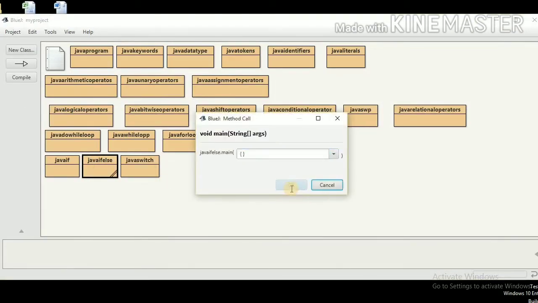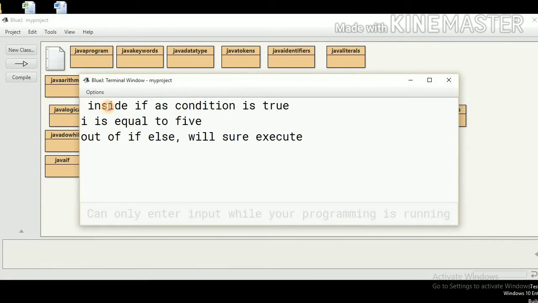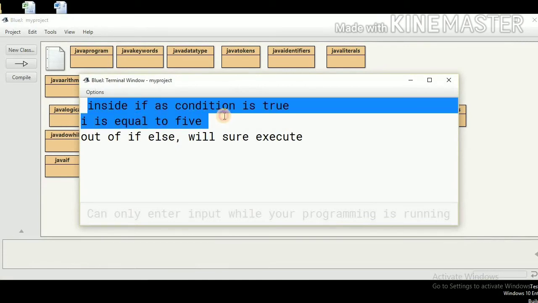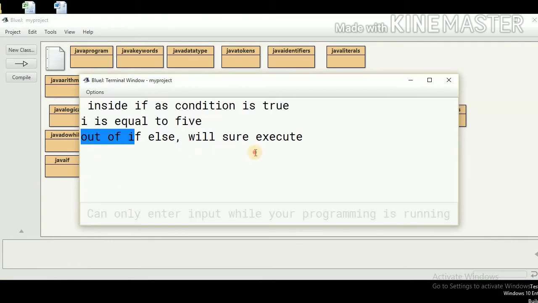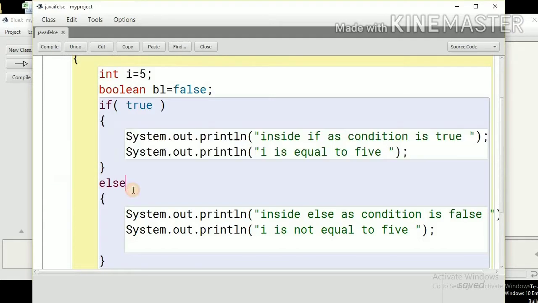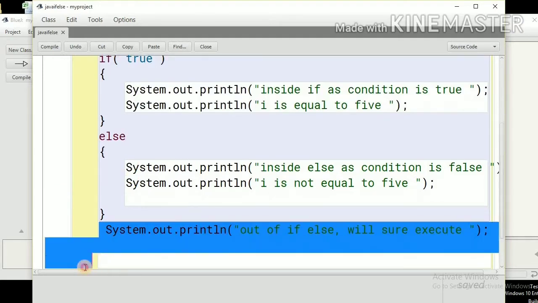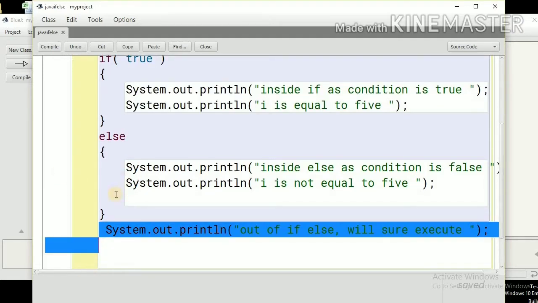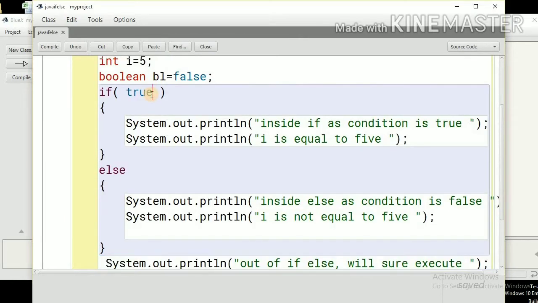You can see that as there was true, inside if was executed as the condition was true. And this is the separate statement which is outside both the blocks. It will be executed in any case because it is out of the if-else block. Now let me write the boolean value false.